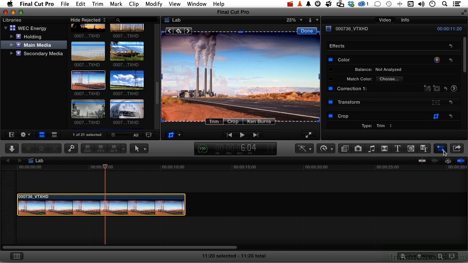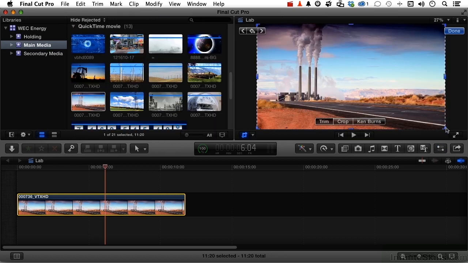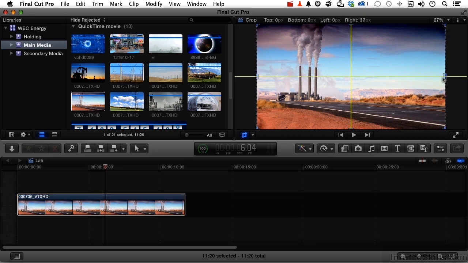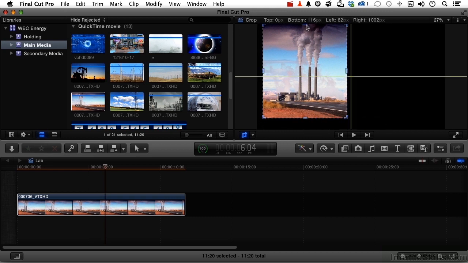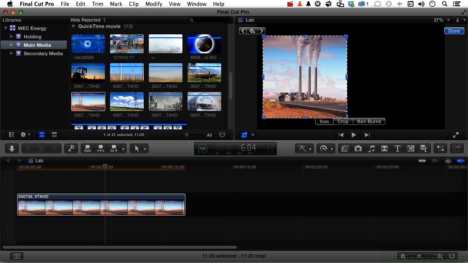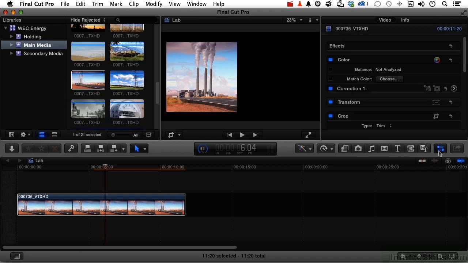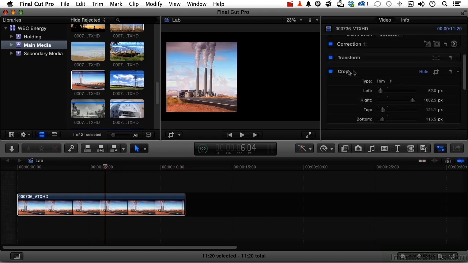Let me actually close this for now so we can get a bigger picture. Go to any corner you want or any side you want and click and begin dragging. Notice, unlike transform, it's not making it bigger or smaller, it's trimming it. So if we had another clip below this one, it basically would be showing through. You like what you see? Click done. That's cropping. Now if we go out to our inspector here and we go into our cropping options